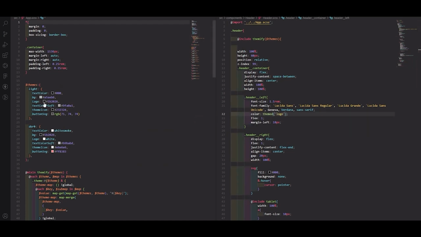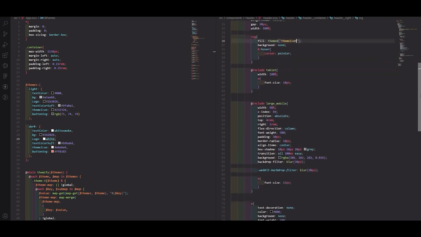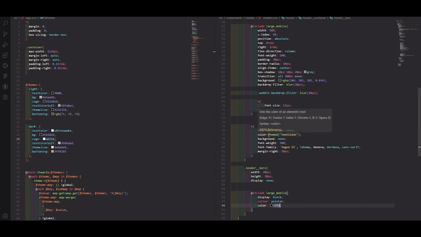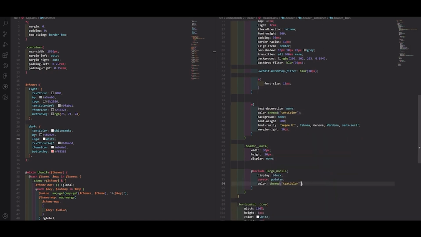Okay, this logo, or maybe this logo, where is it, this one. After that we have the fill of the SVG. So remove this, write here themed, and there is theme icon. And the third thing is this one, anchor color. Remove this, write here themed, and there is text color basically, and in the large mobile write text color, basically copy this and paste here and make this horizontal line as